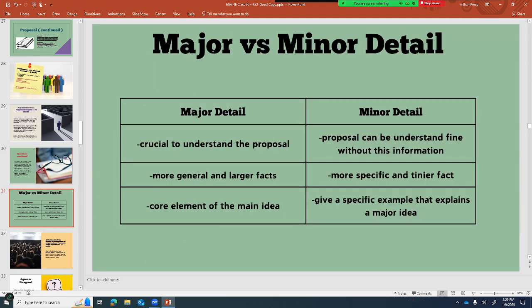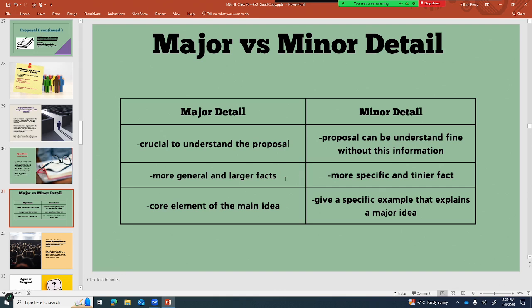So first of all, you've got to think about what is a major detail versus what is a minor detail. A major detail is something that's going to be crucial to understand the proposal. You have to know this or it's not going to make sense. A minor detail is information that may be interesting, but you can understand the proposal just as well without it.